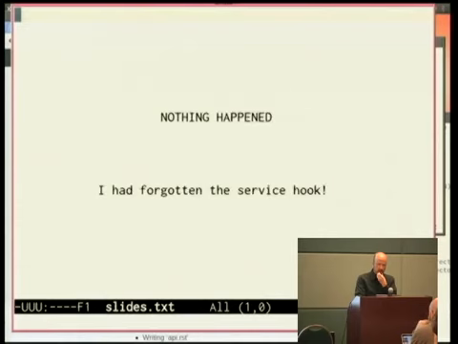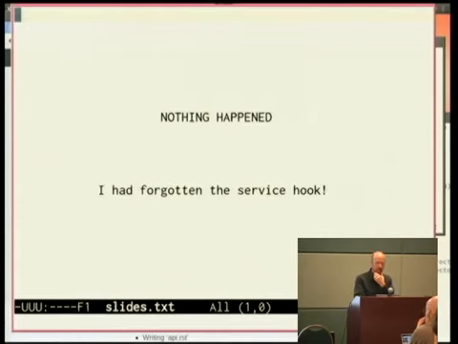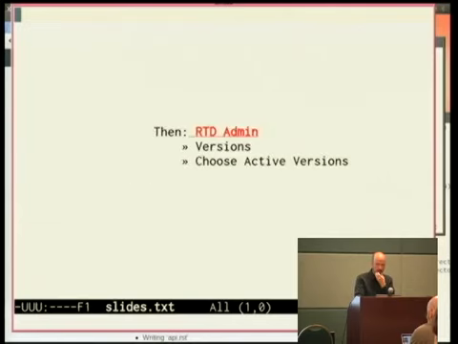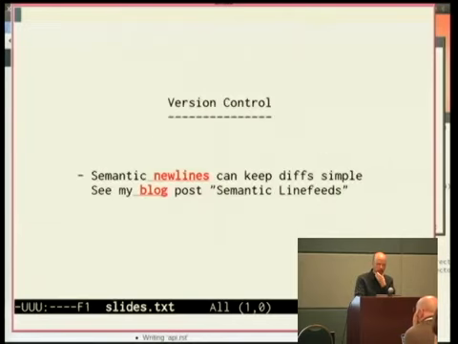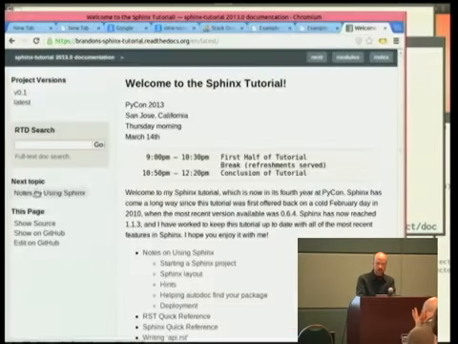And so I have here in my slides, if you want to look later, how to tag something in Git, but I won't bore you all with that because I don't know how many of you use Git. Version controlling restructured text is pretty easy because,